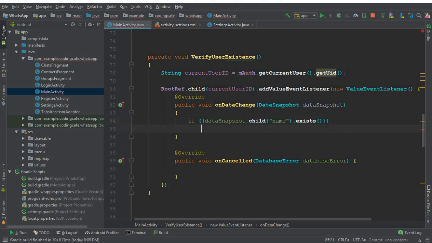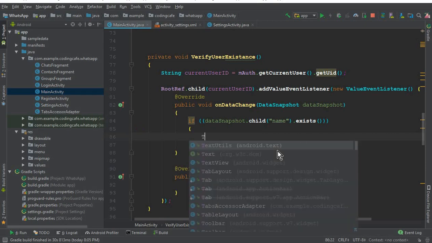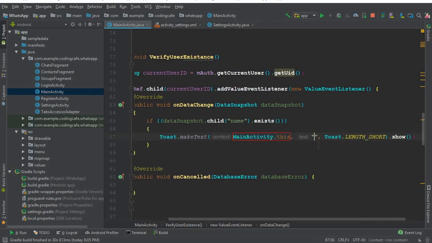So it will check for the username, which is the name, by the name, okay. Now we will store the data on our settings activity. But first we have to add this validation on our main activity. Then we can display a toast message, and this toast message we can say welcome